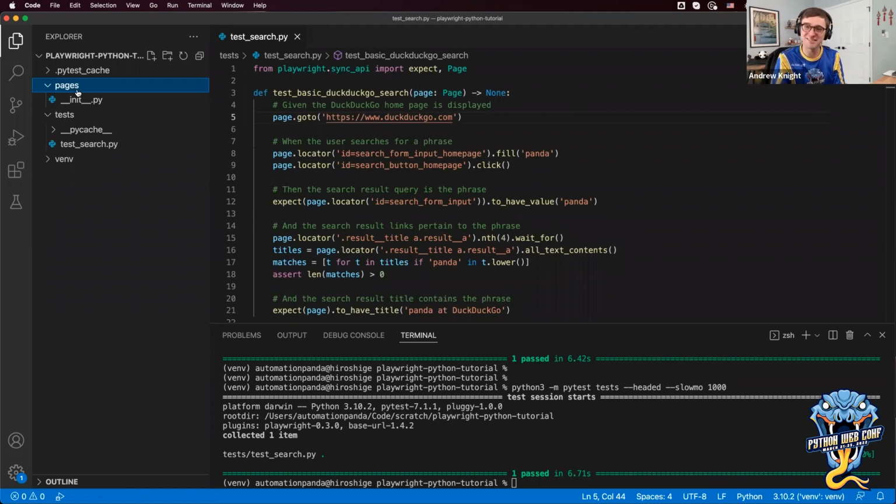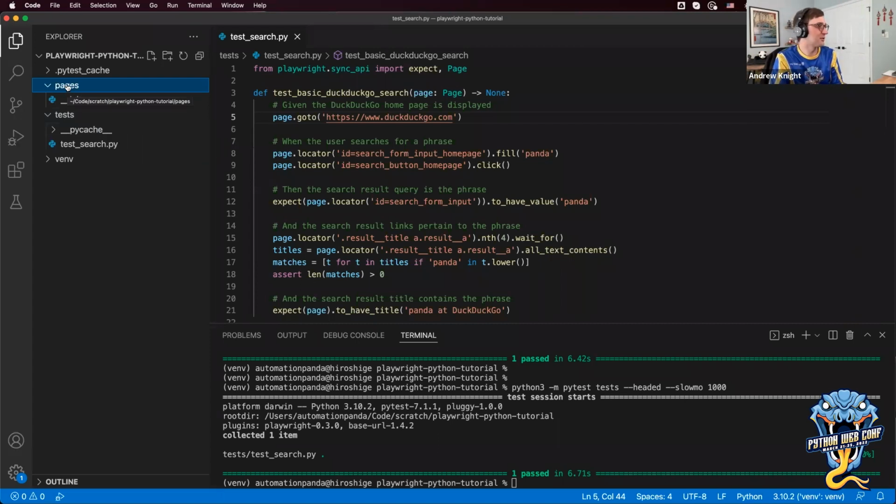And the way PyTest has things structured, you should not turn your tests folder into a module. You're supposed to leave that as just a folder. Or sorry, you're not supposed to turn tests into a package. You're supposed to leave that as a folder. And so then trying to import modules into test modules gets a little tricky. So the way we're going to do this to keep it simple, not have to do